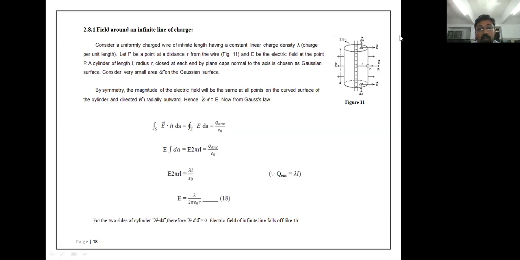Now by symmetry, the magnitude of the electric field will be the same at all points on the curved surface of the cylinder and directed radially outward, along n cap. So for the cylinder having radius r and length L, on the curved surface